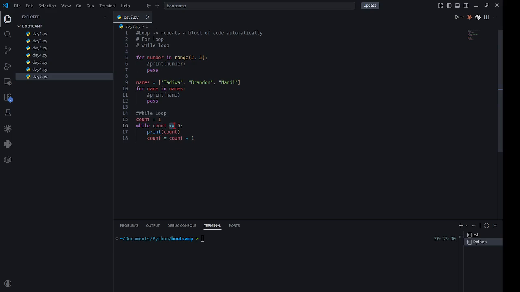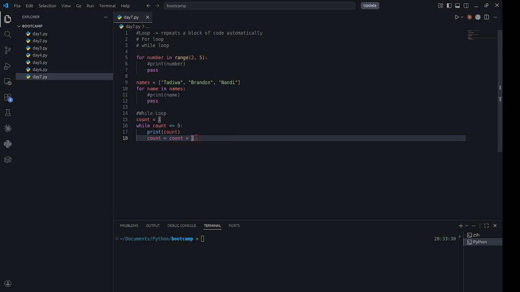Then we have our condition: while count is less than or equal to 5. Print what? Let's print the count. As long as it is less than or equal to 5, we print it, right? And then we have count again, the same variable, but now we're assigning it count plus equals 1. We're assigning it count plus 1,